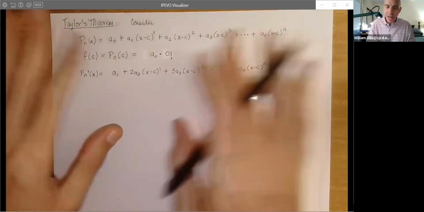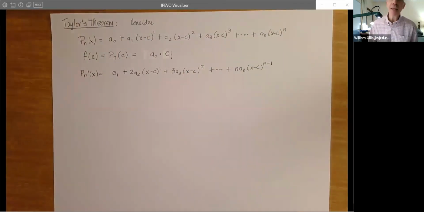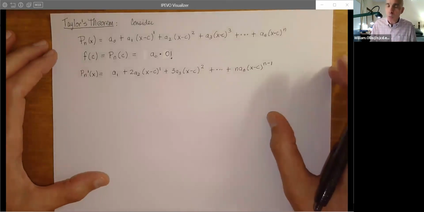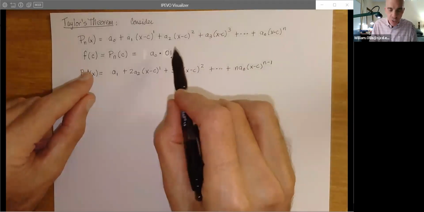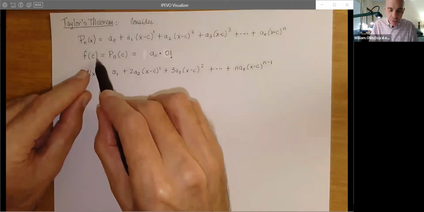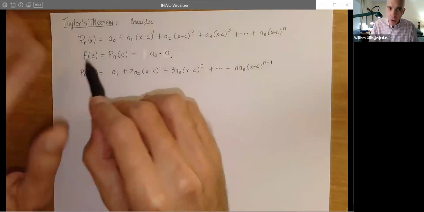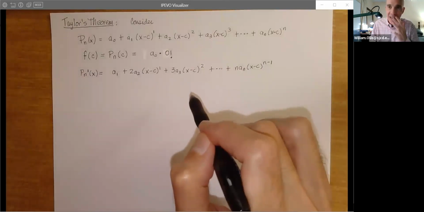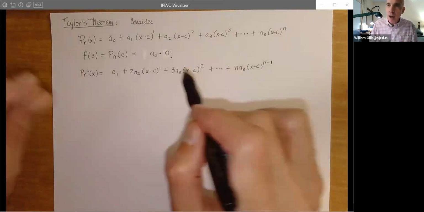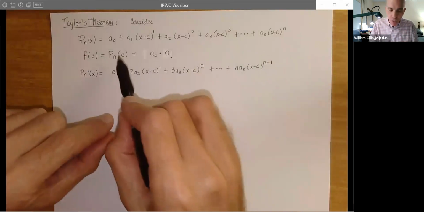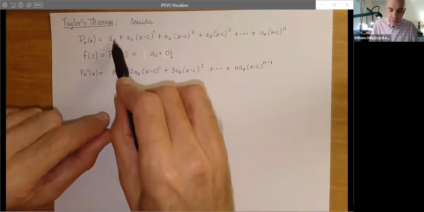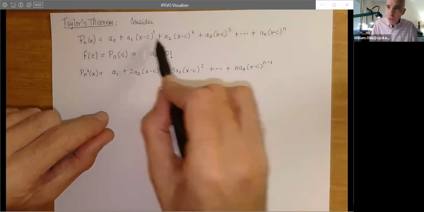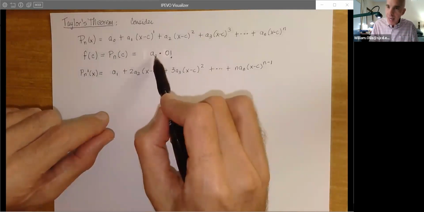So I want to now elaborate as to why I said that, and then maybe go into the detail about why this polynomial actually is going to work for us. What I did first is I want the agreement between the polynomial and f with no derivative at c to agree. The beauty of this calculation is that it's kind of like a telescoping series. All the terms pretty much go away. Notice here, when you evaluate the polynomial at c, all of these terms vanish. They just have 0 factors in them. So the only thing that's left is a sub 0.